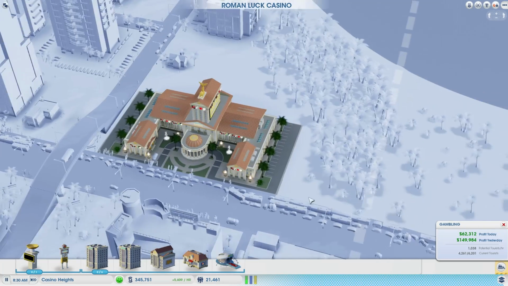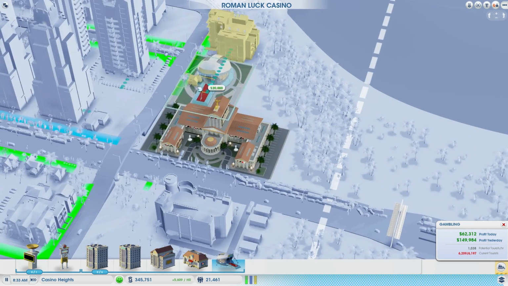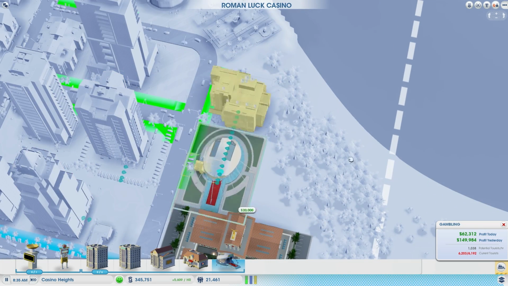Alright, so here's the thing. We want to bring in people. High wealth to attraction. Wow, 2,880 per day. Okay, this is the big bucks. This is where you can really make money now. So I think I'm just going to...